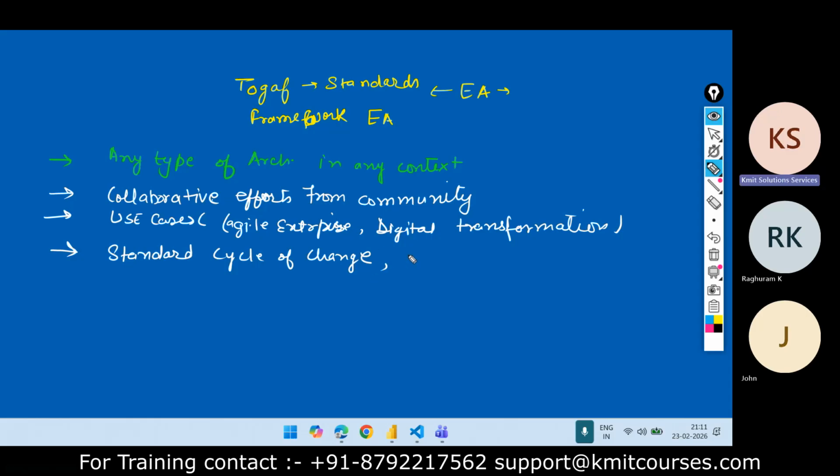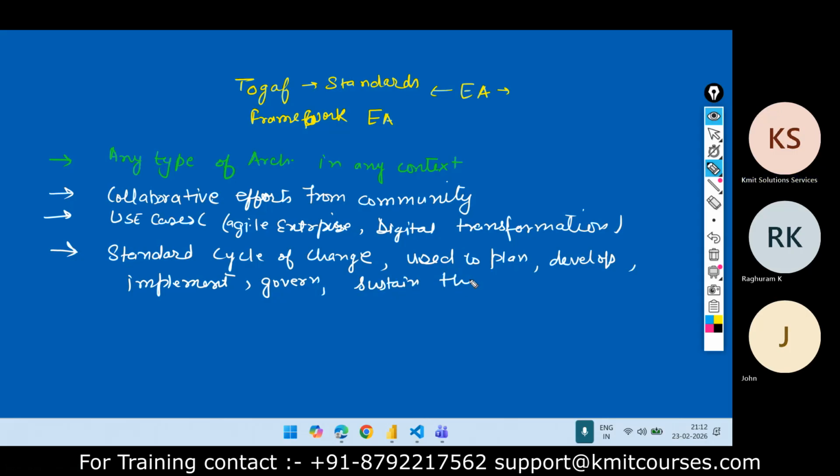With the help of that, we can plan, develop, implement, govern, and sustain the architecture.